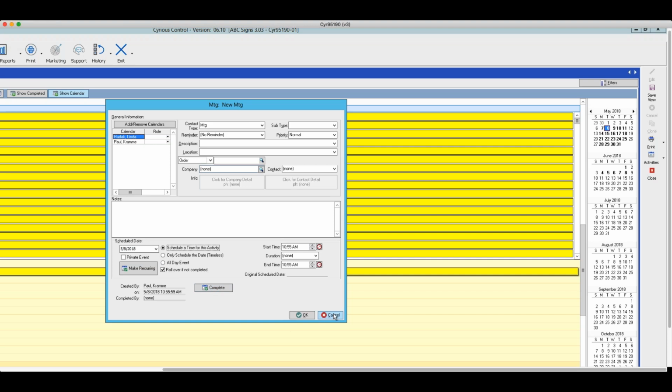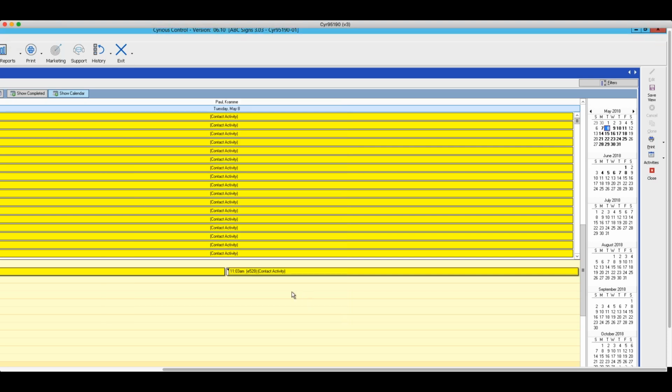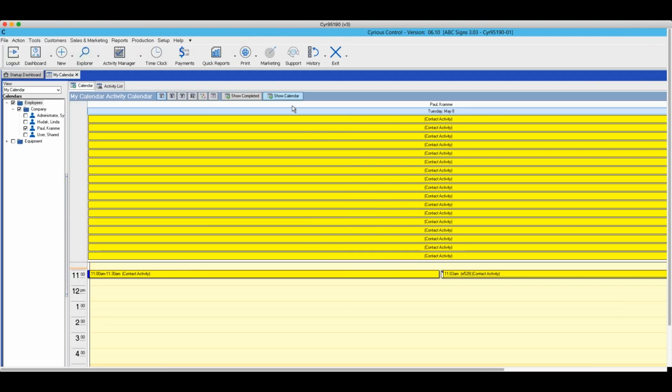Now, the concept here is that if one of these items had completed, let me come back up here to the top to show completed. If I clicked on show completed, notice this item showed up. So if an item has been completed, whether it's a meeting, an appointment, or a to-do thing, or whatever,